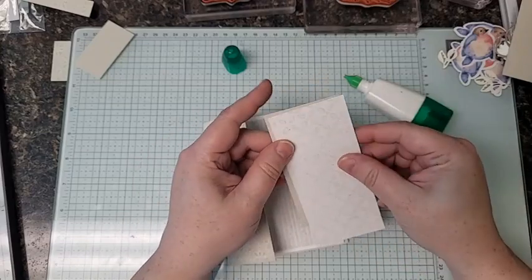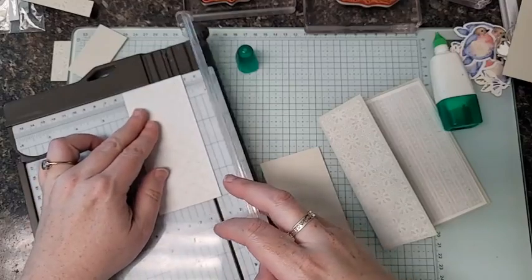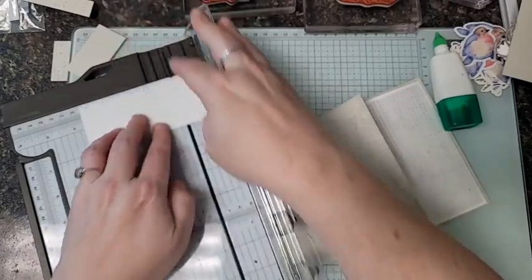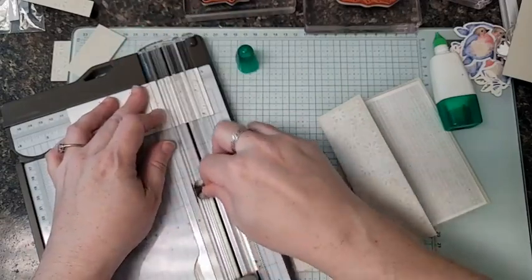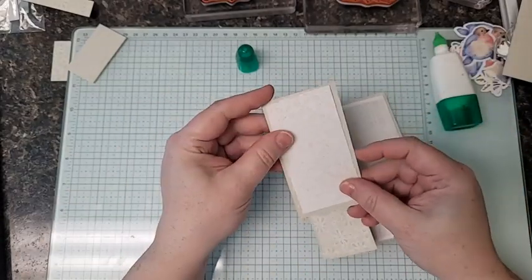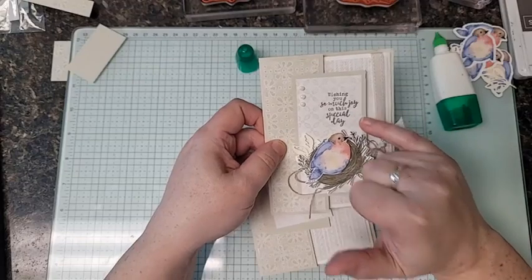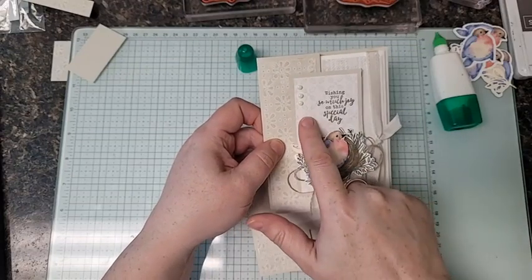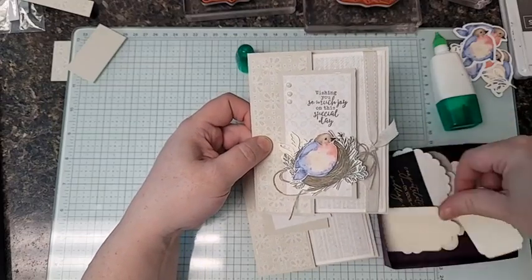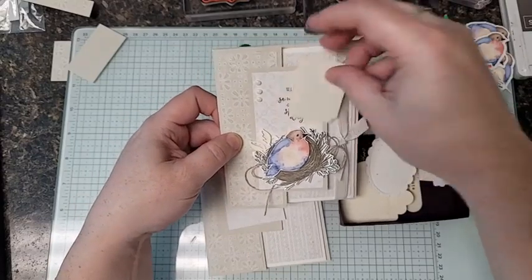So we need a piece that's 2 by 4. You probably have a ton of scraps, but I would say when you're looking at your scraps, pick ones that are a very light pattern for this piece, because if you remember our sample, we stamped our sentiment directly on it. So if your paper is really busy for this piece, you may want to, let me grab something out of here. This is where I keep all my extra little die cut bits that I didn't use on a project,